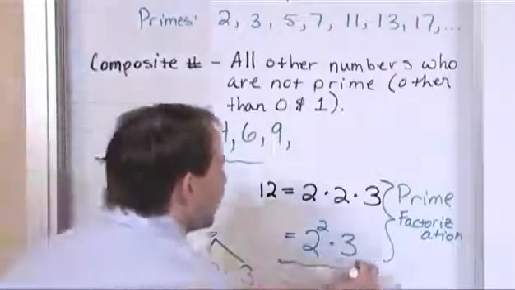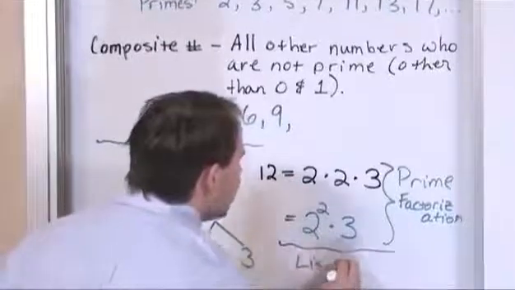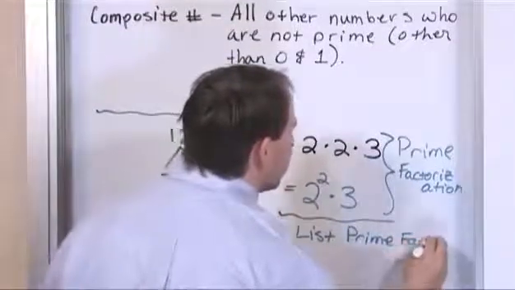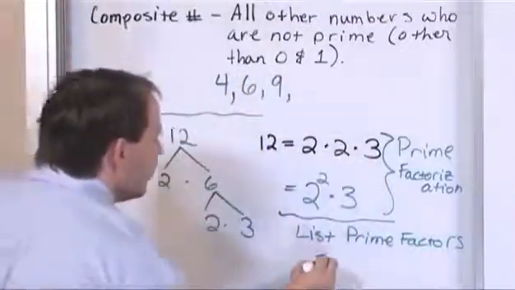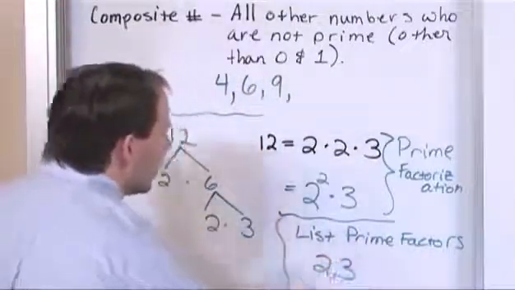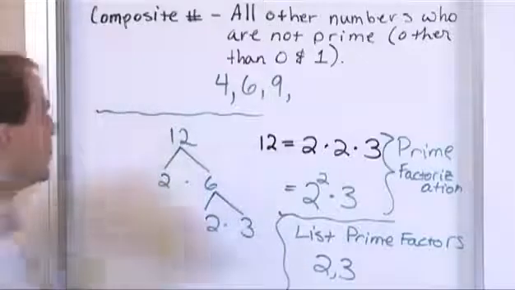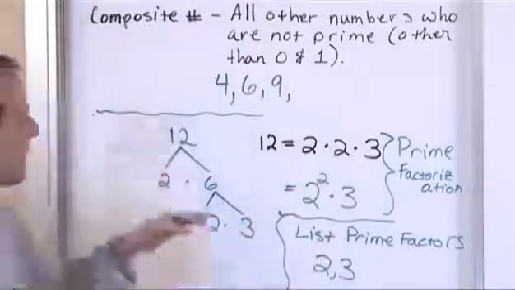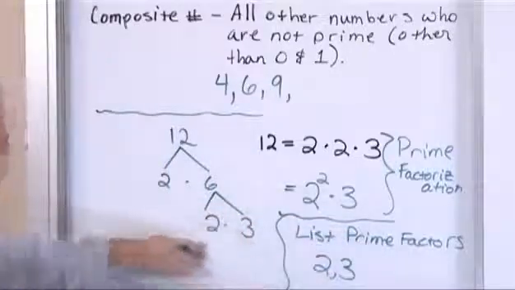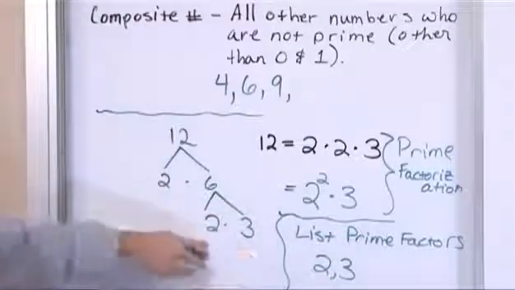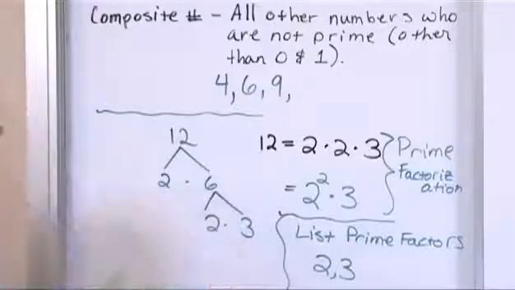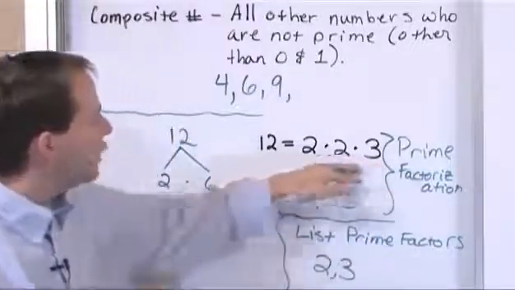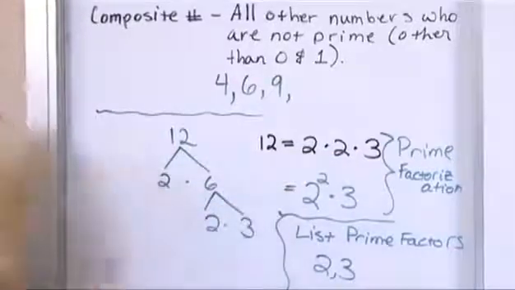Now, if we were asked to simply list the prime factors, then we just list the numbers, 2, 3. Those are the prime factors. There's no reason to list 2 a second time because it's a duplicate. So when a problem asks you to list the prime factors, you just go down here to the bottom and you list all the numbers without any duplication. When you're asked to list the prime factorization, then you actually have to write it out as a multiplication and include everything and use exponents